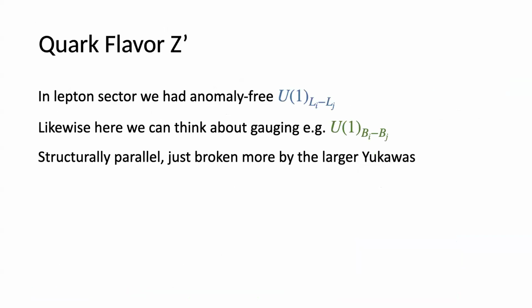And indeed, now let's think about analyzing the quark sector. You guys probably hear a lot here about these lepton family difference symmetries, and people talk about them a lot. That's great, but we can think about exactly the analogous thing in the quark sector, involving some flavored baryon numbers. These are just more approximate in the infrared because the quark Yukawas are larger, but they're structurally parallel. We can think about gauging them.